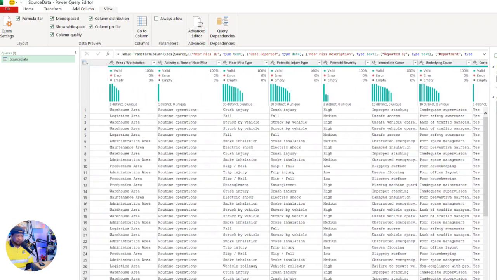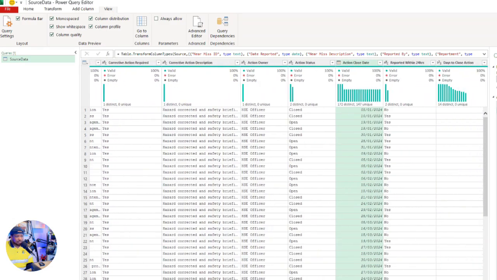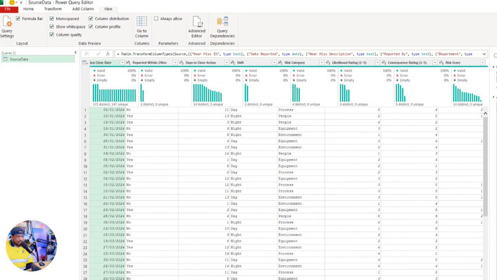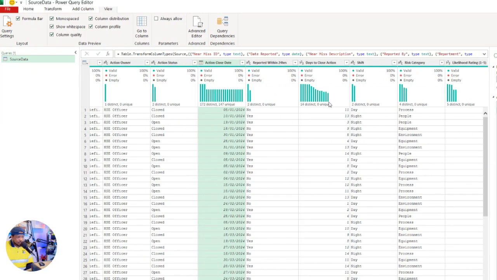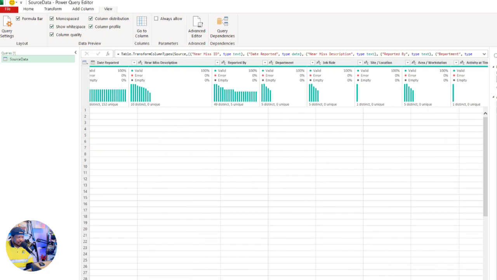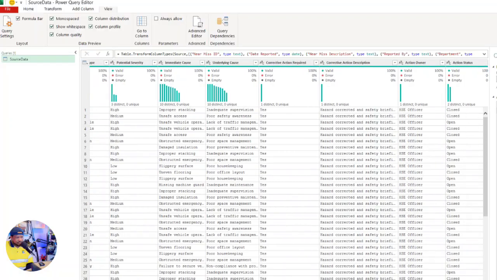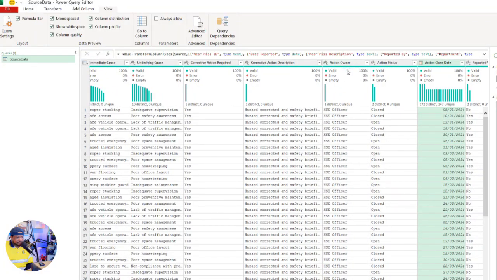We are supposed to confirm the days because we're going to have an action closure days, average action closure days. Now the days that were used to close the action have been highlighted over here. There's already a dedicated column for it, but this value is wrong actually, because the date that the action was reported will then be compared to